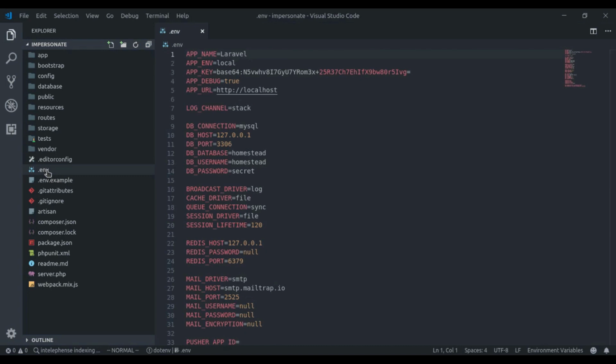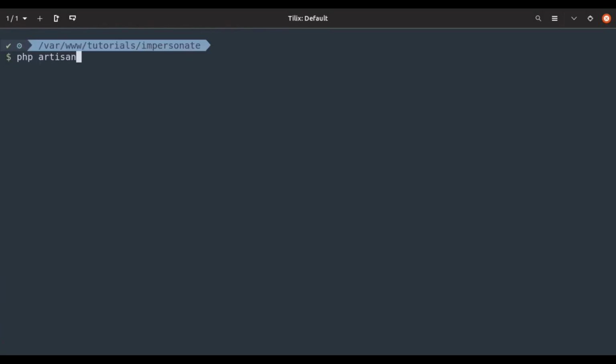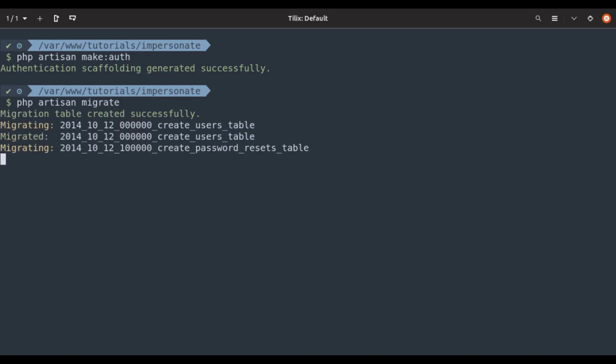I have already created a database in MySQL. So here the database name is impersonate, the db username is QRelab and the password is secret. In the terminal I will run php artisan make:auth to generate quick authentication scaffolding. And next we're gonna run php artisan migrate to create tables in the database.